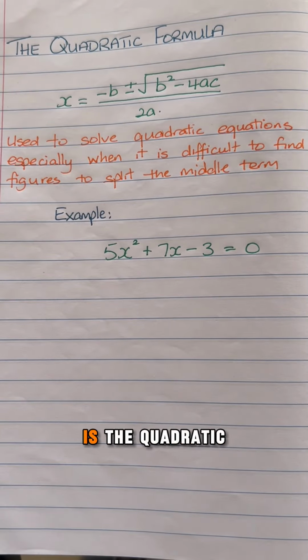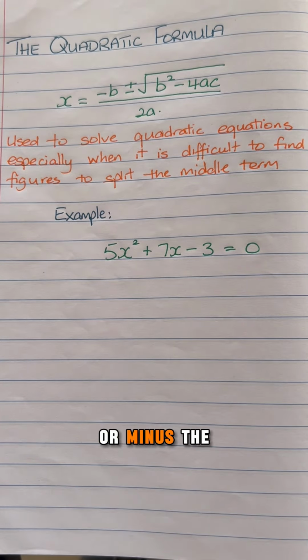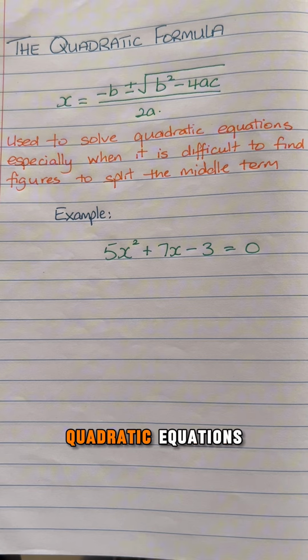Alright, so this is the quadratic formula. x is equal to minus b plus or minus the square root of b squared minus 4ac, over 2a. A lot going on there, right? Now, we tend to use this formula to solve quadratic equations, especially when it's difficult to find figures to split